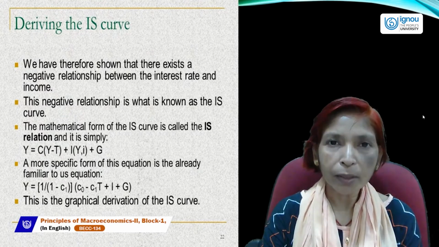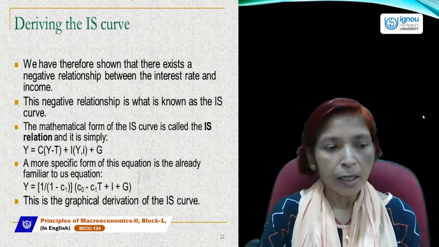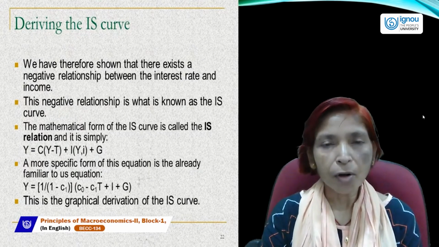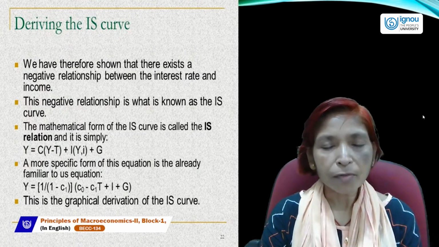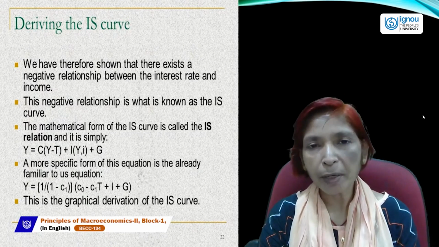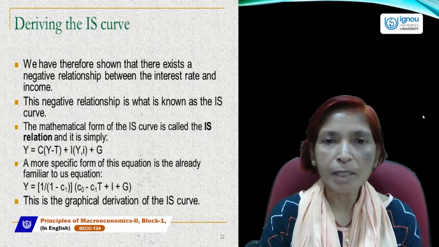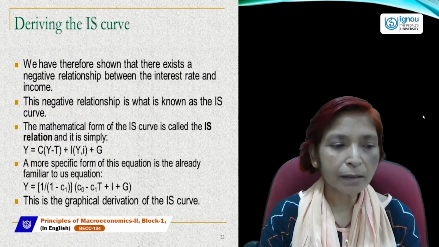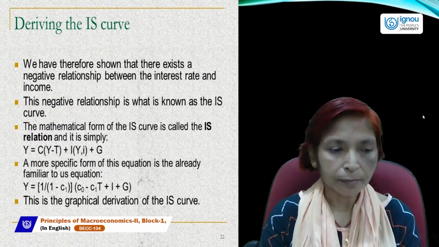Disposable income can be calculated after deducting direct taxes. If we deduct direct taxes from the income level, then we get disposable income. So here C in bracket Y minus T, where Y minus T is showing disposable income. It means consumption always depends upon our disposable income. If disposable income is higher, consumption will be higher. If disposable income is lower, then consumption will be lower.